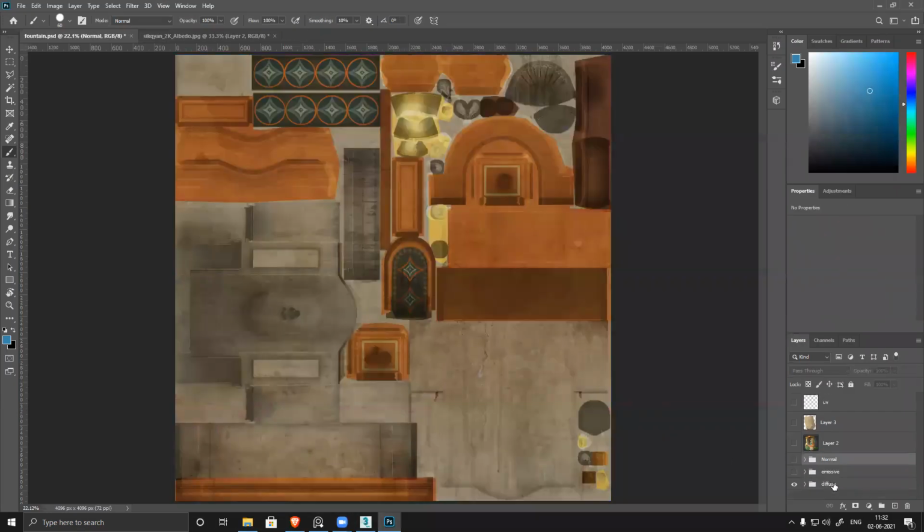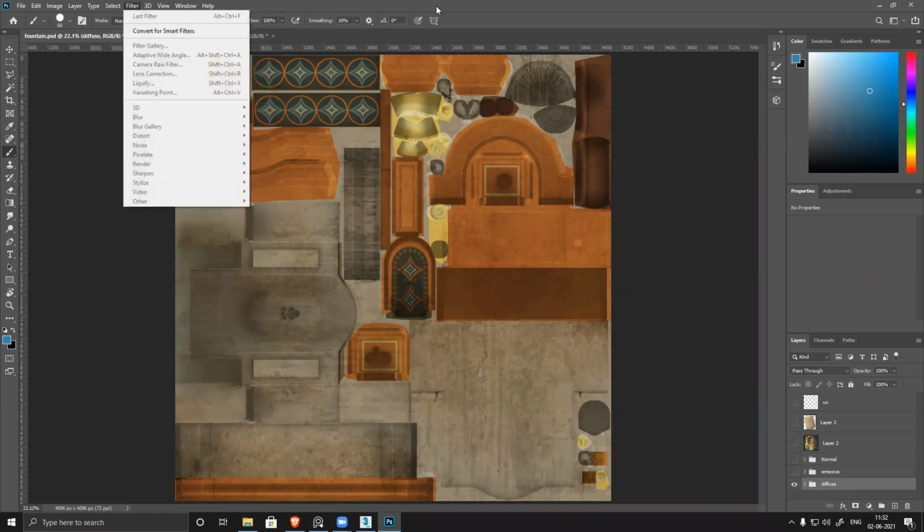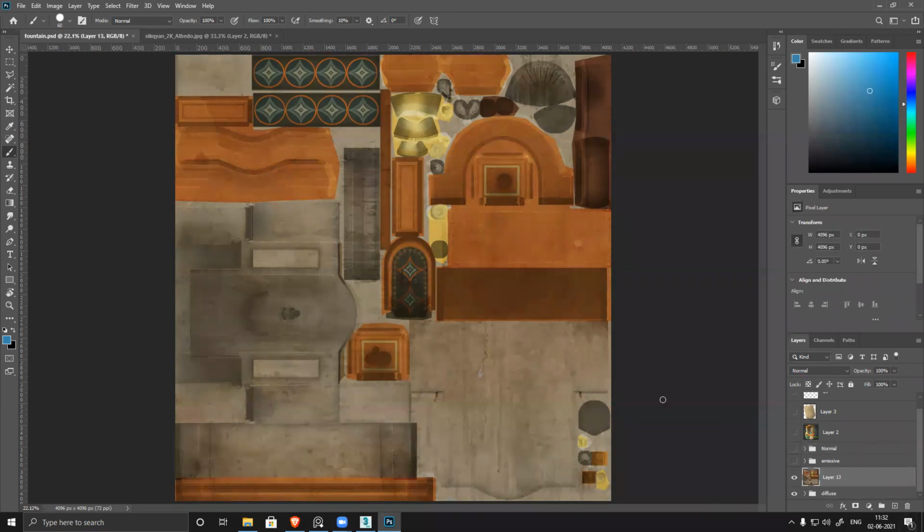This is my diffuse map. Select your diffuse map. I have to generate my normal map. So let's see, I have 3D. Okay, 3D is there. So Control Shift Alt E, copy merge your diffuse map. Control Shift U. This is a traditional technique of doing it. This is not the new, latest technique. We don't create it like this.